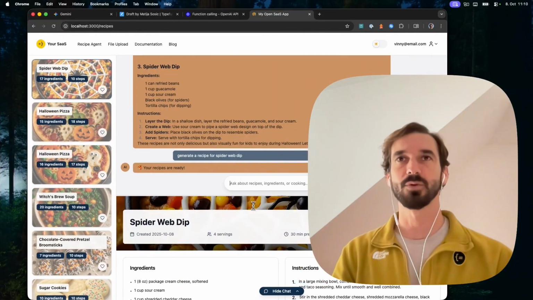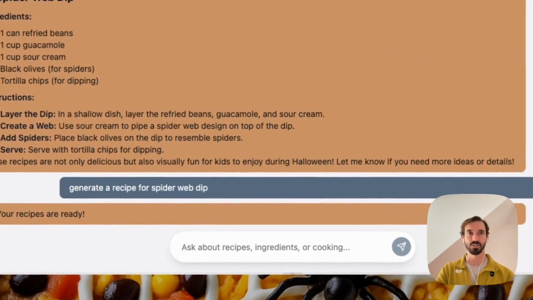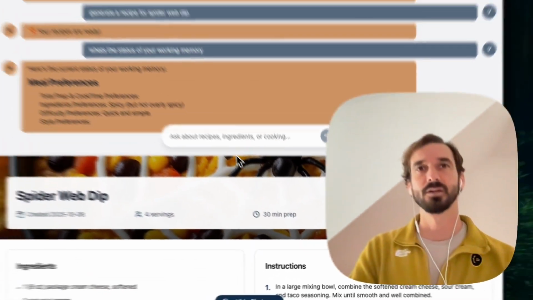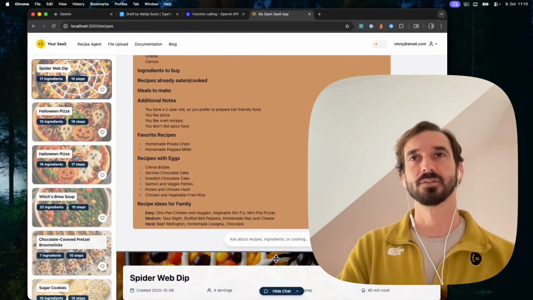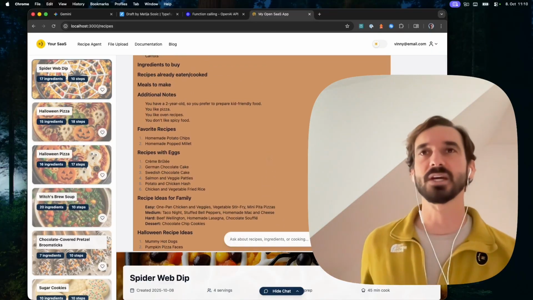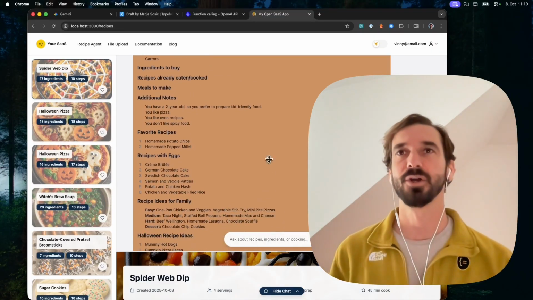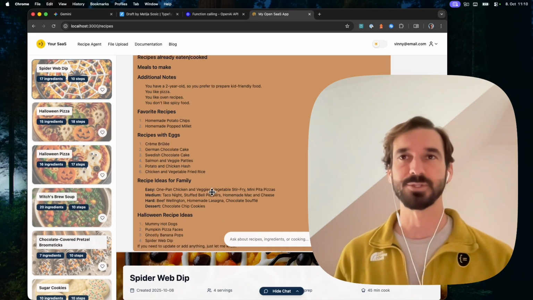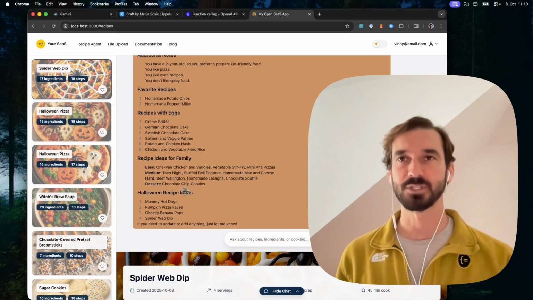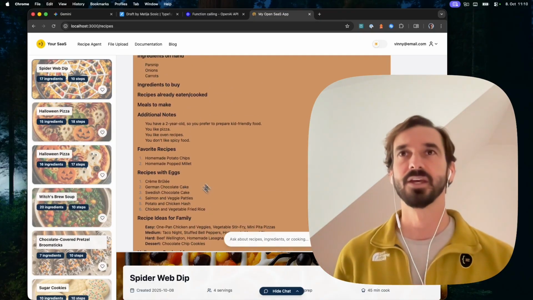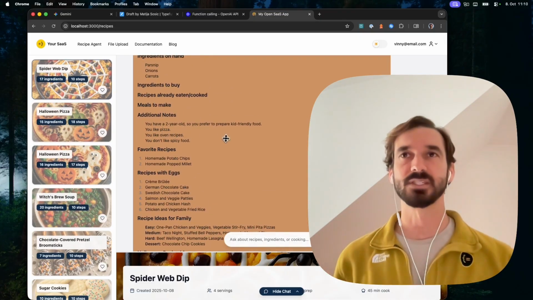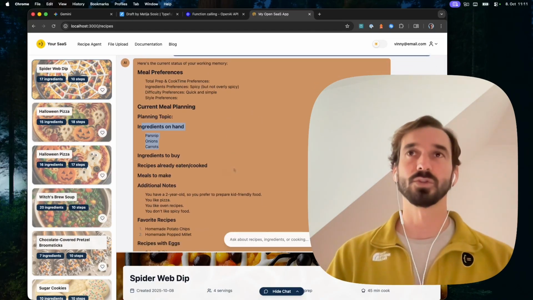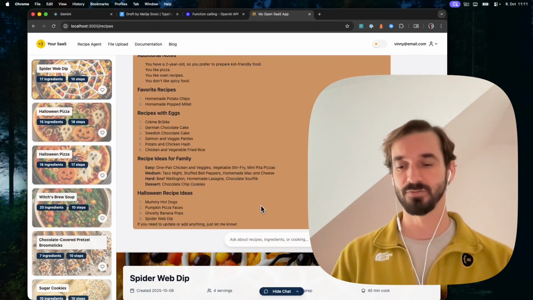And we can take a look at that real quick by just going to the agent and saying, what's the status of your working memory? And then we'll see that template all filled out here, right? Because I asked it in past sessions, what are some recipes? What are my recipes with eggs? It added that there. Halloween recipe as ideas. You just saw that. It added that. Additional notes: I like pizza, oven recipes. That's really cool. A really cool aspect of